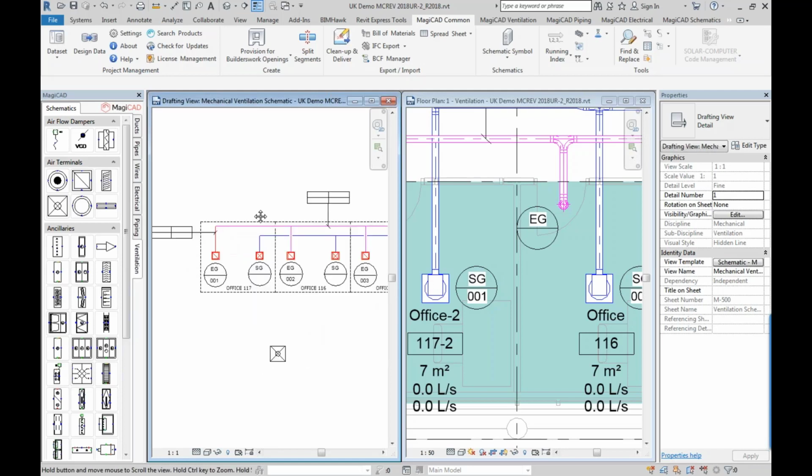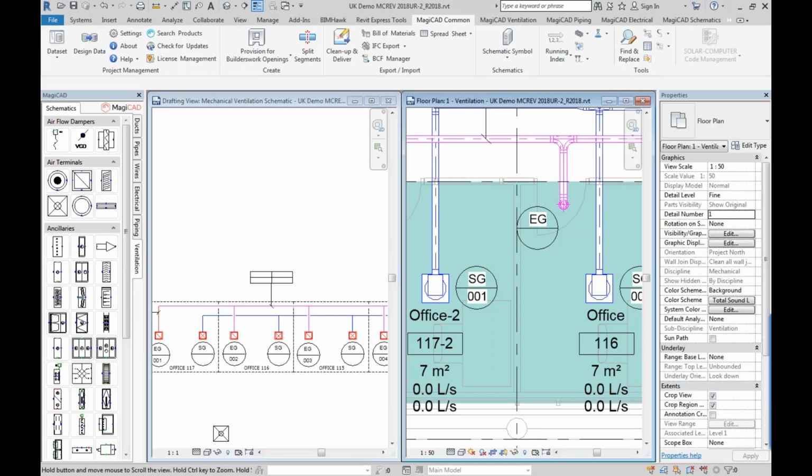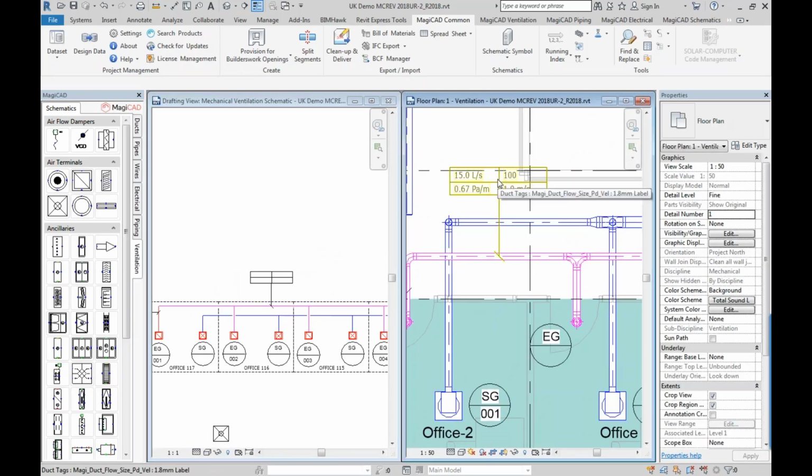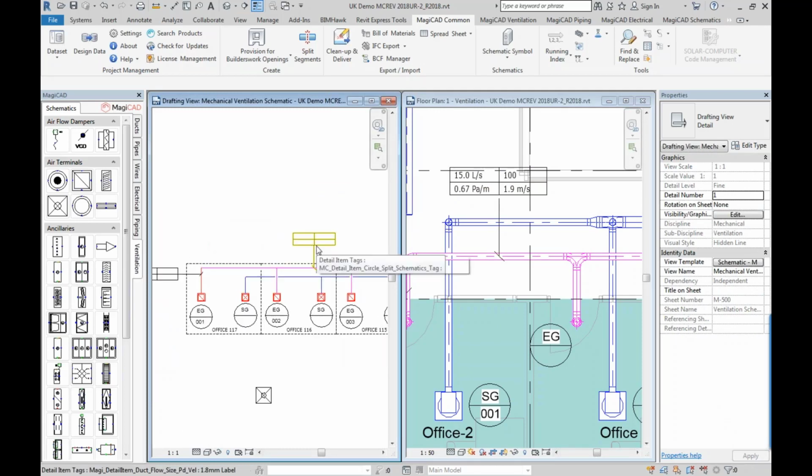This is the really time-consuming part of drawing schematics traditionally when they're not linked in this way, is manually typing out all these references, making mistakes. Of course, it's not just time consuming, there's also a risk of mistakes, and also all these details, like for example when you're doing ductwork or pipe work, all these details that you have to manually plug in and type out on the schematic itself will be automatically generated, and any changes you can just update it